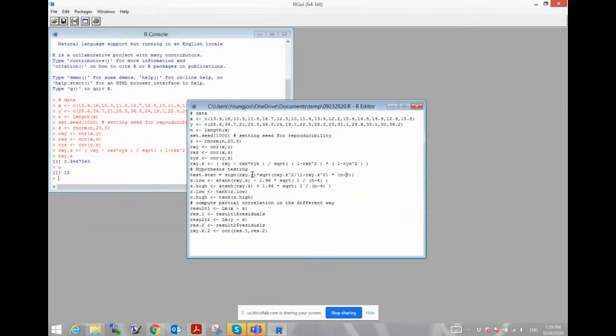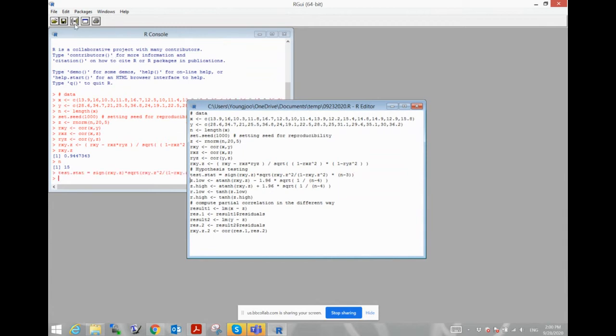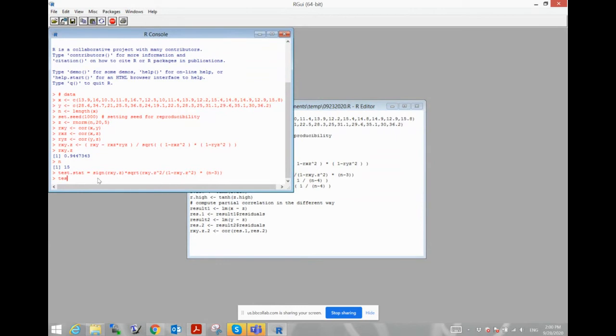By applying the formula of the test statistic, which is the sign of r_xy.z times the square root of r_xy.z squared divided by 1 minus r_xy.z squared, and then times n minus 3. That's the test statistic. So when you calculate this test statistic,